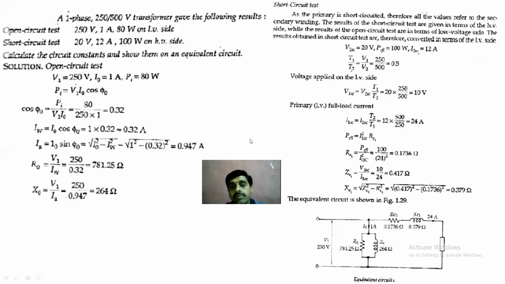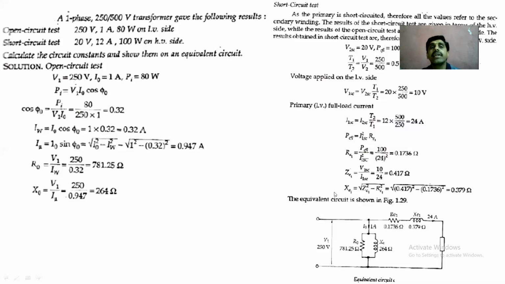See this problem. A transformer rated 100 kVA at full load has a copper loss of 1200 watts and an iron loss of 960 watts. Calculate the efficiency at full load unity power factor, efficiency at half load 0.8 power factor, efficiency at 75% of full load 0.7 power factor, the load kVA at which maximum efficiency will occur, and the maximum efficiency at 0.8 power factor. So all efficiency and maximum efficiency are involved.